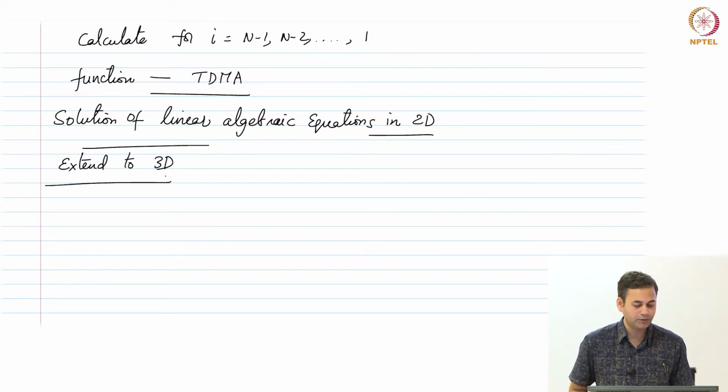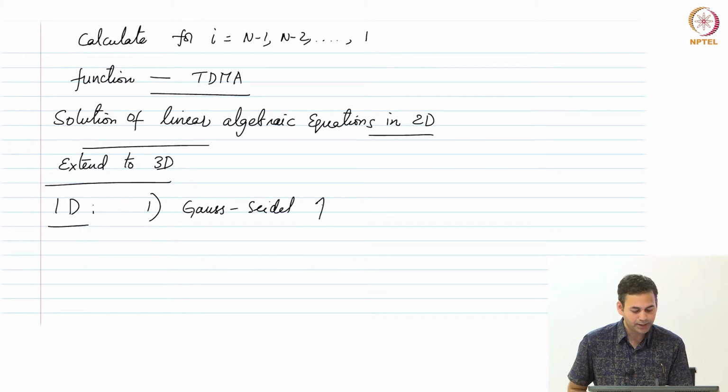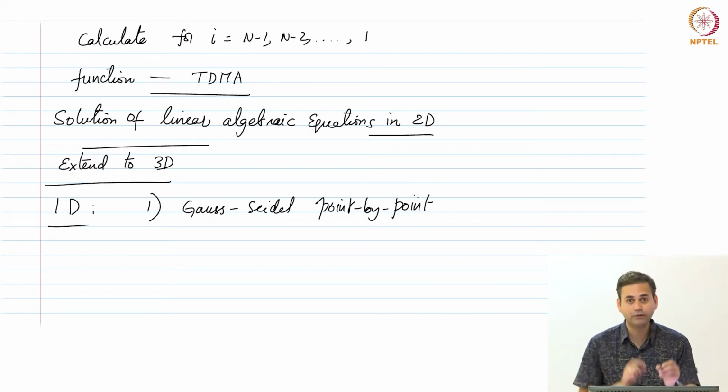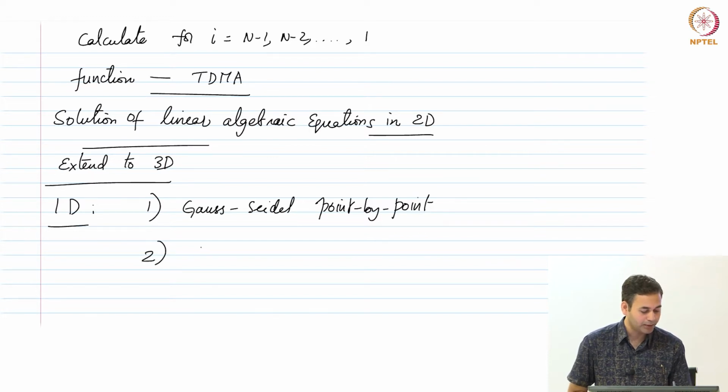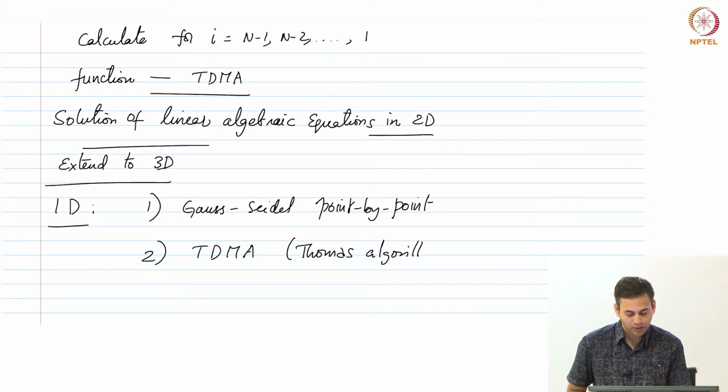Now, as far as the solution of linear algebraic equations in 1D is concerned, we have now learned two methods. The first one was Gauss Seidel, which we call a point by point method. That is because you go from one P cell to the next one and keep iterating. The other one we saw was the Tridiagonal Matrix Algorithm, or the Thomas algorithm, which gives you the solution in one shot essentially,